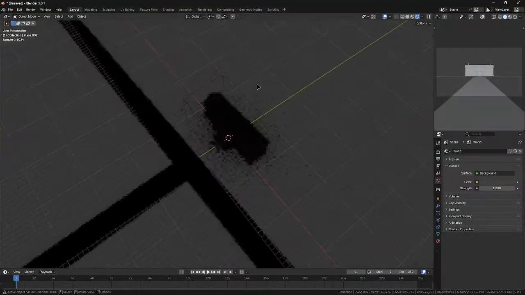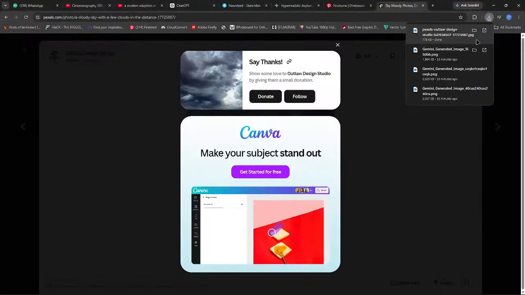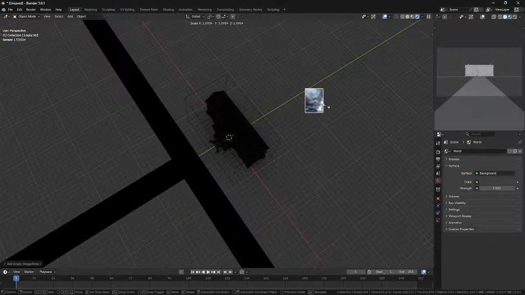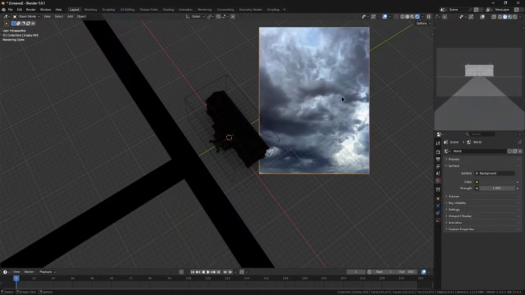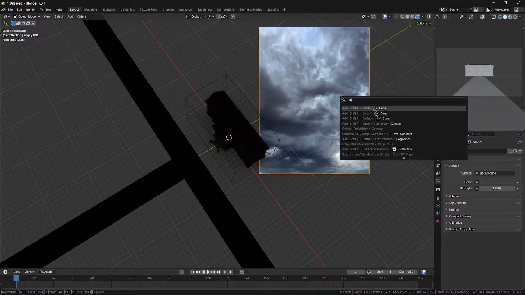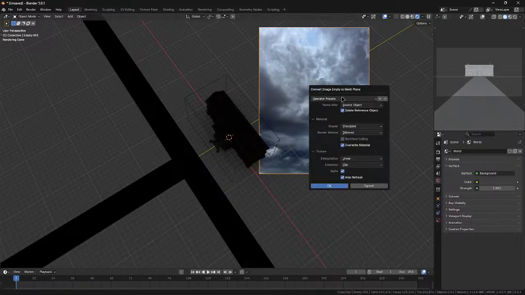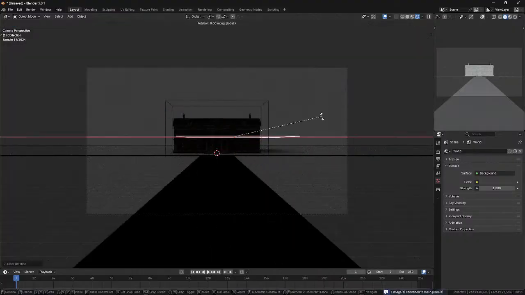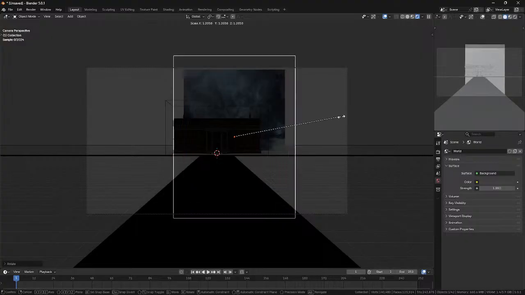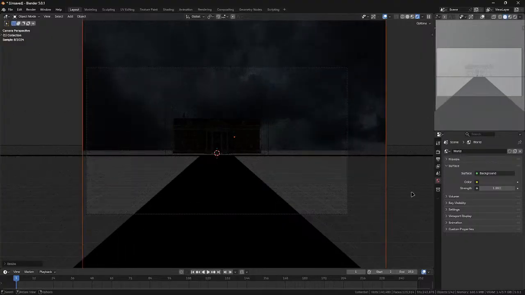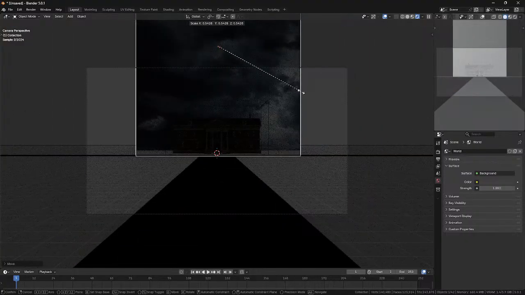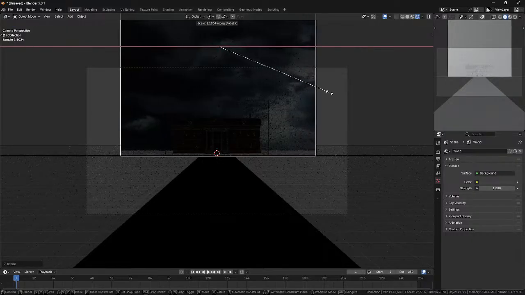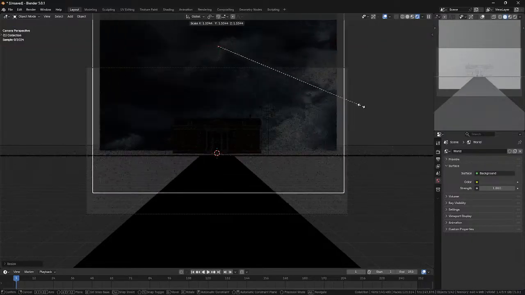Oh no, not in the camera view. My mistake. Put it over here. And if you do convert to mesh plane, okay, perfect. I'm gonna go R X 190, scale it up, something like that. We can scale it up, but